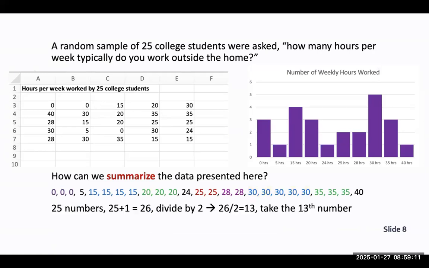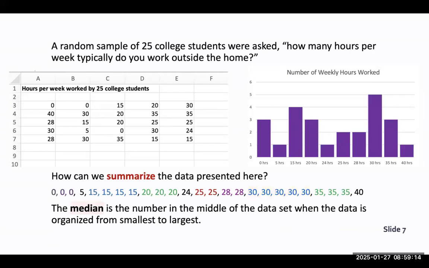Okay, so let me just go back to this slide here. I want to find the middle of this data set. Now there's multiple ways to do it. The middle of the data set is like folding the data in half and getting that number that's right in the middle. One way to do it is to cross off the first number and the last number, and then cross off the second number and the second to last number. So like cross off 0 and 40, then 0 and 35, and 0 and 35, until you reach the middle piece of data. Now that's fine, you can do that,